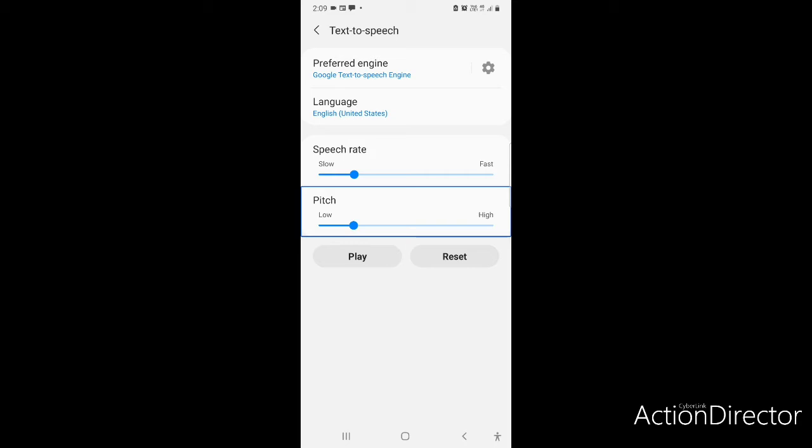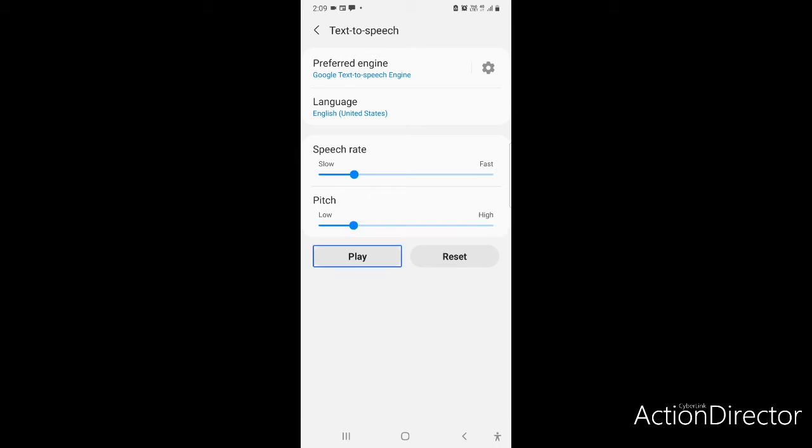Pitch, low, high, 5 of 6. Pitch. So let's see what is the pitch rate of my phone. 20%, 100, slider. So it is 20%. For pitch also the same thing applies. If you click on volume up keys, the voice will become thinner, and if you click on volume down keys, the voice is going to become deeper, not fatter. Fat and deep are two different voices, so it will become deeper.